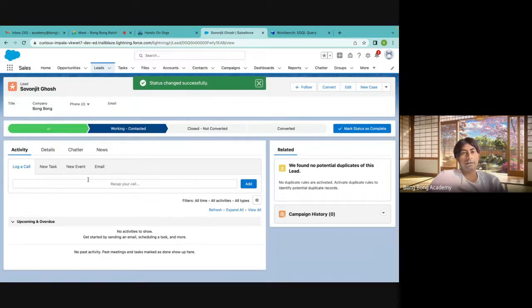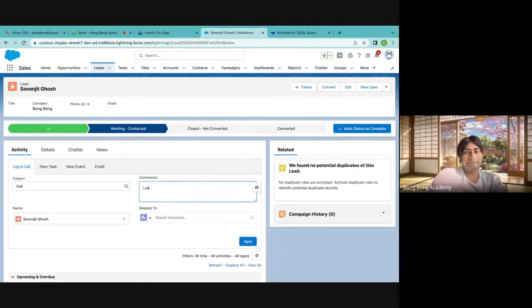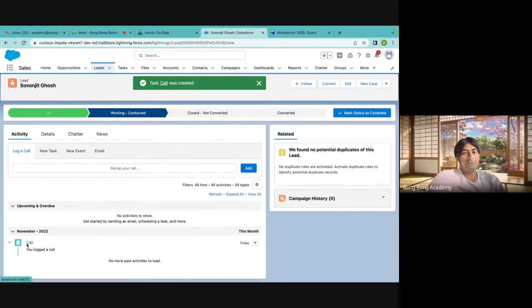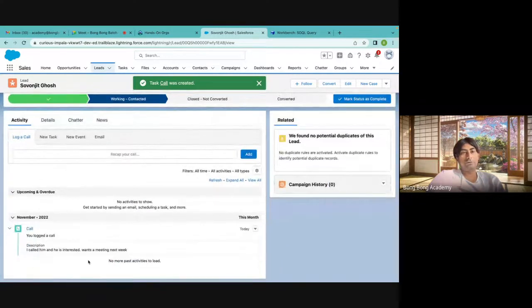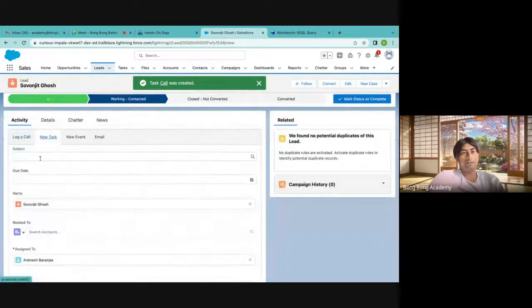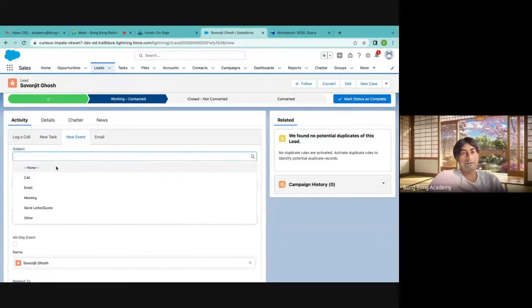And I can do several activities, right? So I can log a call. I called him and he is interested. Wants a meeting next week. Cool. Whenever I log a call, you can see this activity history, which shows me what I am doing and what activity is going on. I can have a new task. I can send an email. I can do many things. I can even do events, like schedule a meeting with him,